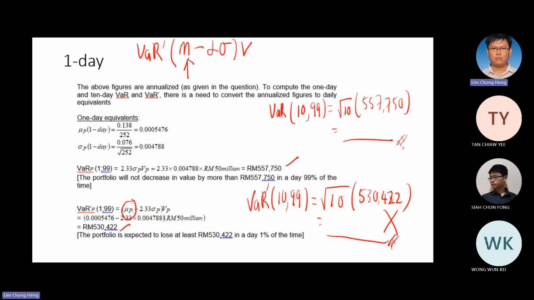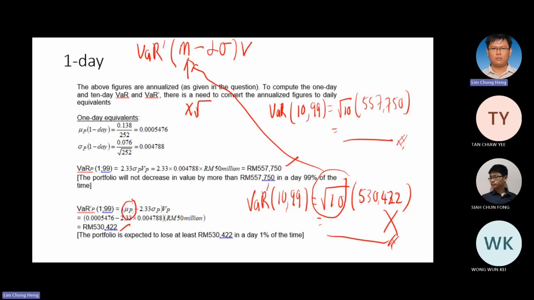So when you do the adjustment, you cannot multiply with the square root of time. So at this figure, you cannot square root to multiply 10 days or 1 day or whatever square root figure for the mean. So if you're using square root of 10, that means you also multiply square root of 10 on the mean here. That's why this question, confirm 100%,